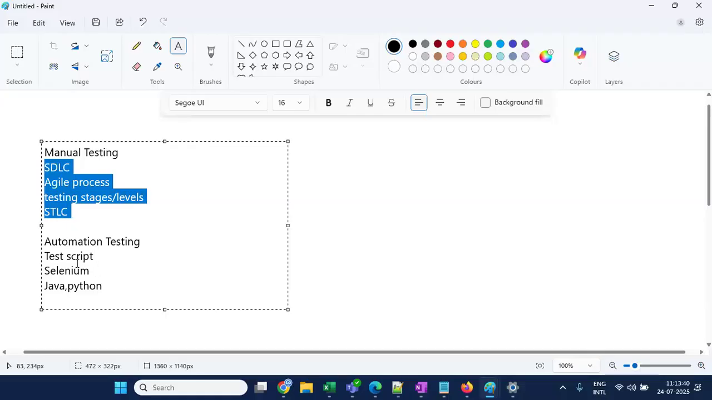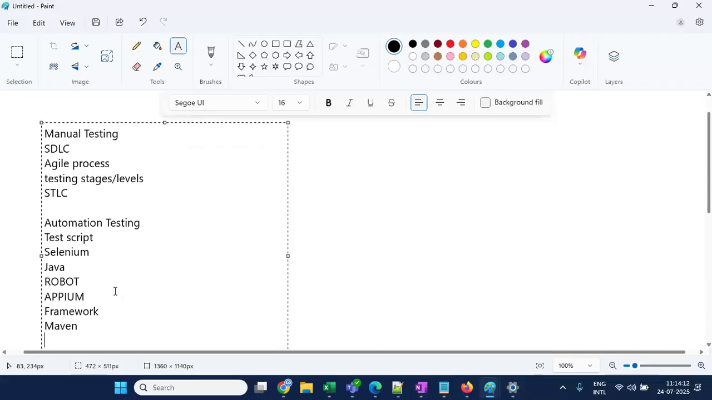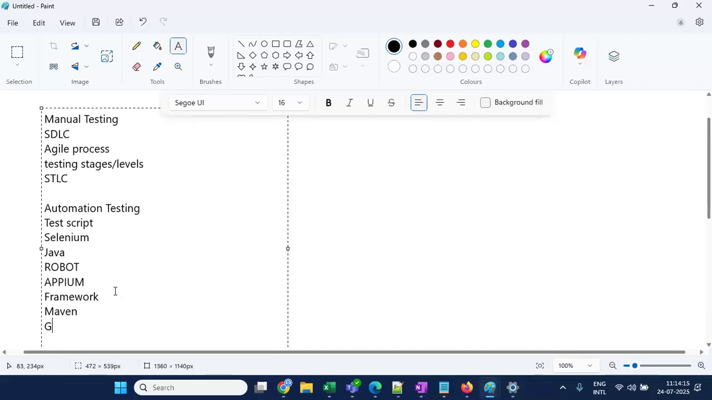Coming to automation, for writing the script, we will go with Selenium classes and Java topics. For automation, no complex coding is required, but basics of Java are required. The Core Java concepts, OOPS concepts and basics will be covered in the Java classes. That will be sufficient for your automation testing. I will also explain Robot for Windows automation, Appium for mobile automation, and then we'll go with some framework topics. The framework will include Maven, Git, page object model,